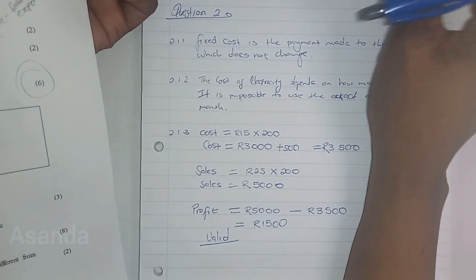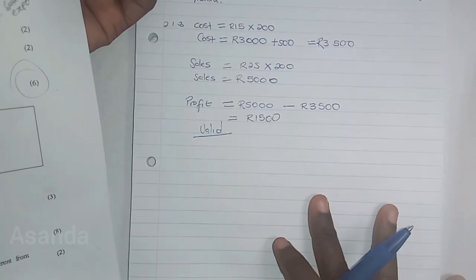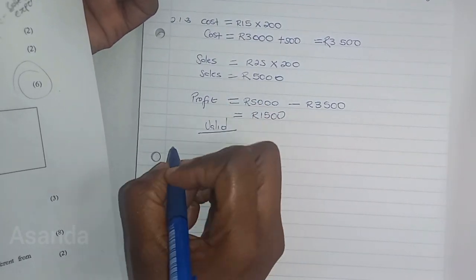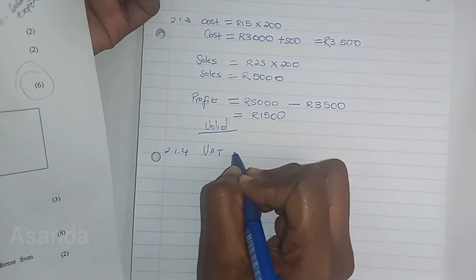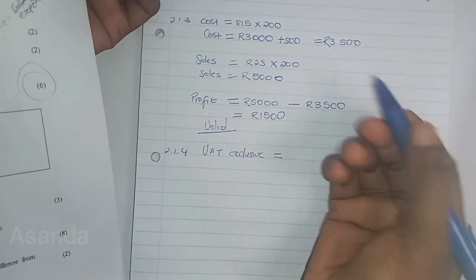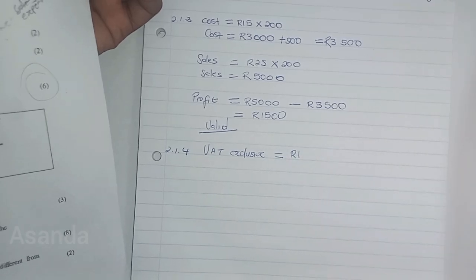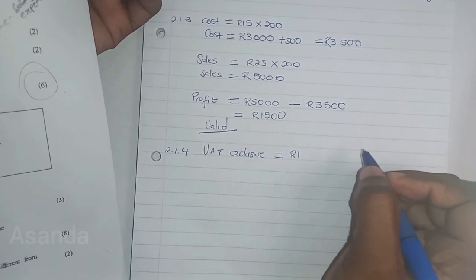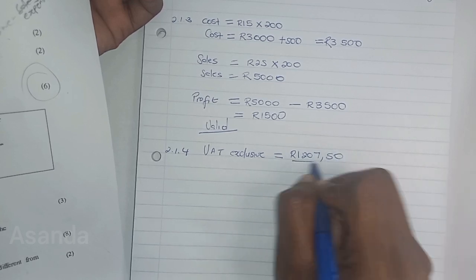I do not like it, and therefore I don't use it. So what do you do? You take 1,207.50, you divide by